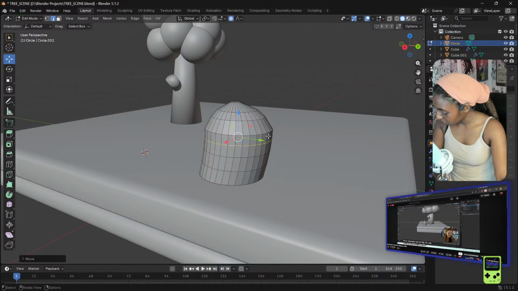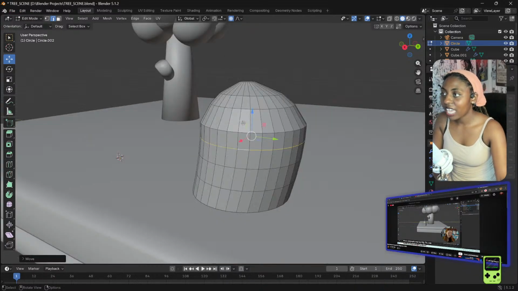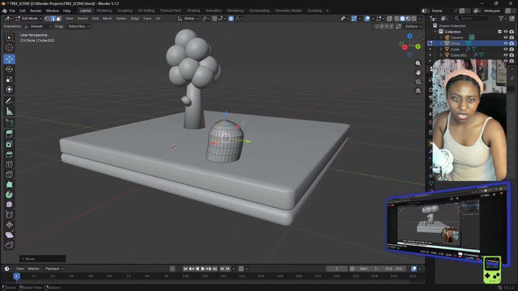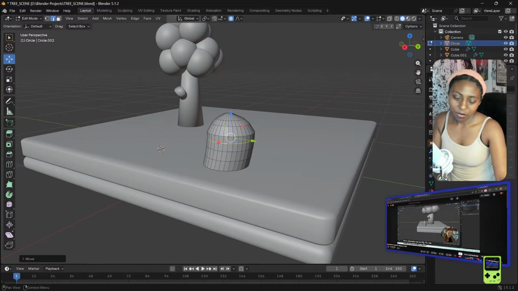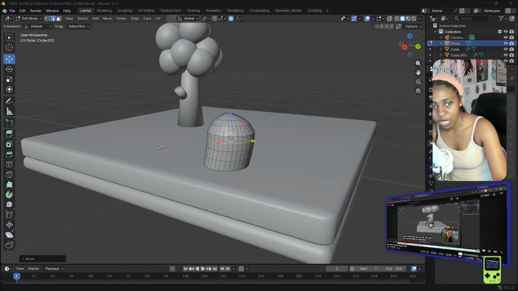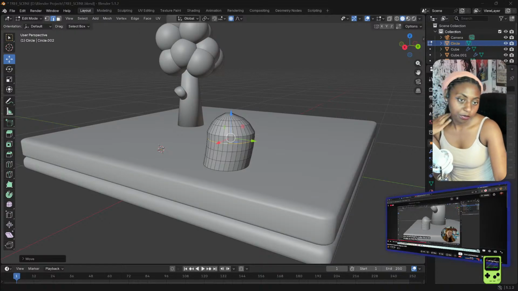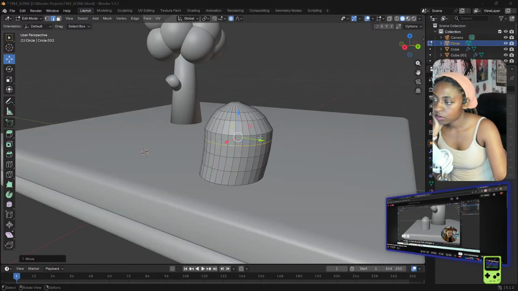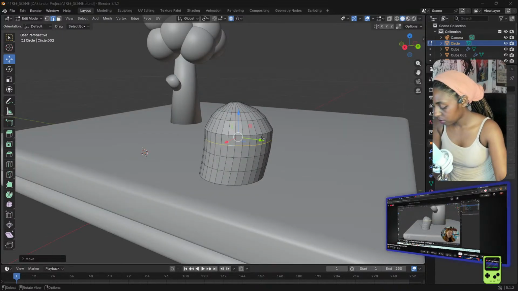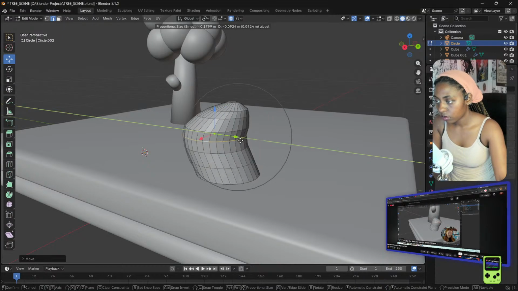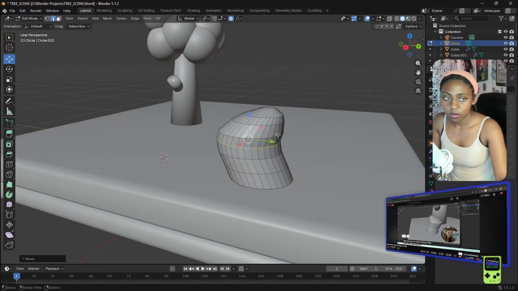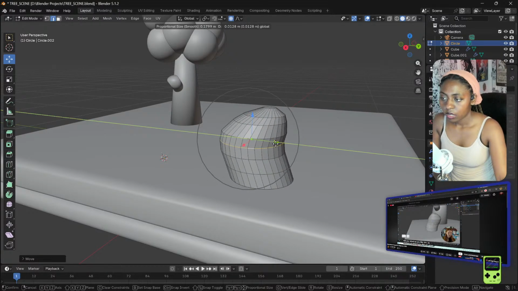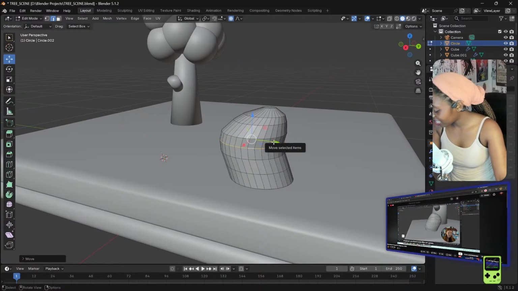Controlling the size of the proportional editing. Yeah, I guess I had it too big when I was going like this. Sorry if I'm making y'all seasick. But when I was going like that, I made it extremely large because I'm like, I don't see what she's talking about. So that the area that changes is small. So then you can go up and down here and you can start to kind of edit your object as you like. So whatever you think looks like grass, and you can also use S to